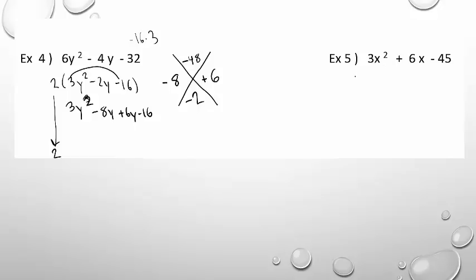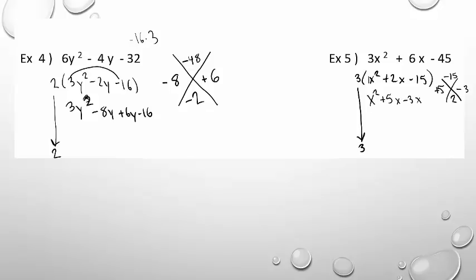So you can definitely factor out a 3, leaving us with x squared, 2x, and negative 15. Bring 3 down. My x. Negative 15 times 1 is negative 15. 2 goes in the middle. So I know I'm going to have a positive and a negative since my product is negative. And it looks like that combination is going to be positive 5 and negative 3, so that I get positive 2 when I add. I'm going to rewrite x squared plus 5x